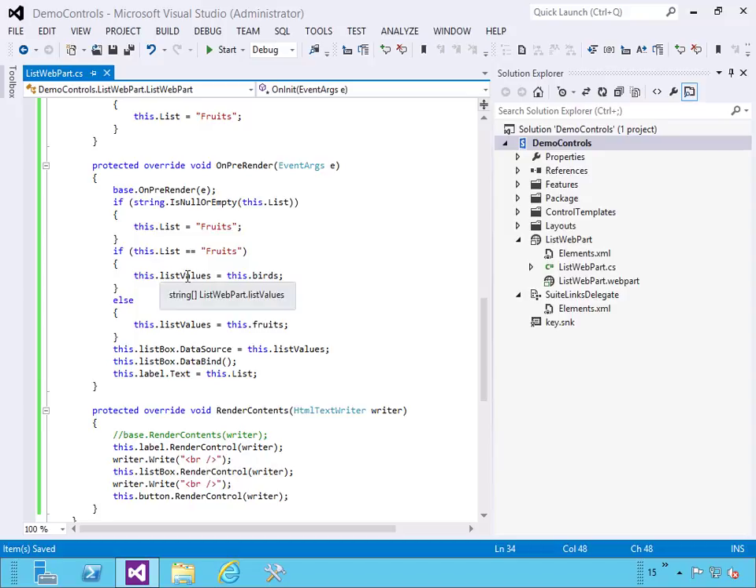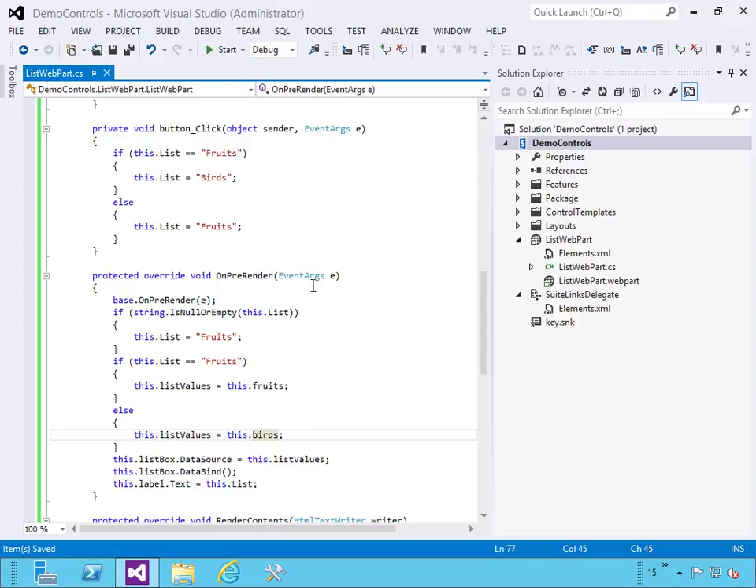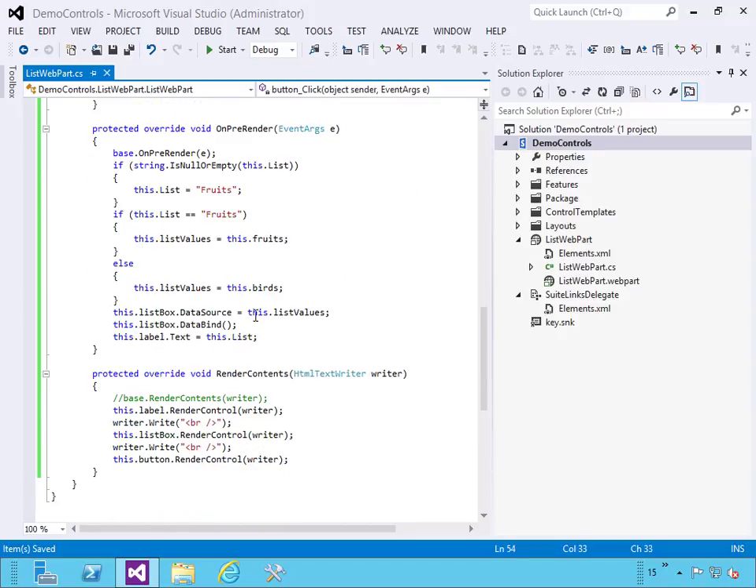If the list is fruits, then we change the list values to, actually this is incorrect, so this should be fruits, and this one should be birds. So if the list is fruits, we use the fruits list. If not, then we use the birds list. Logic to change it happens here in the button click. And then once we have the correct array set up,